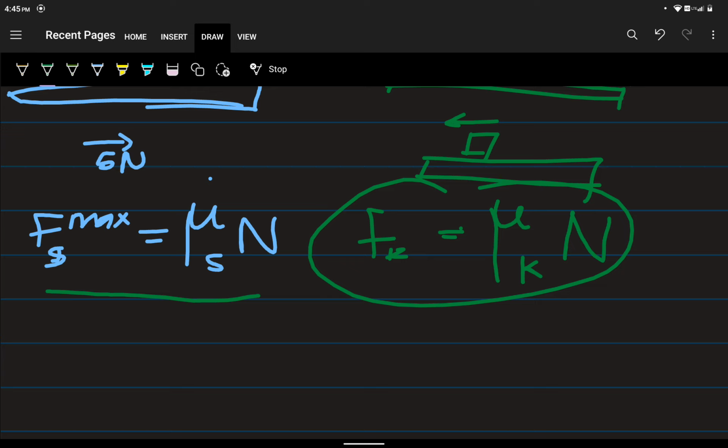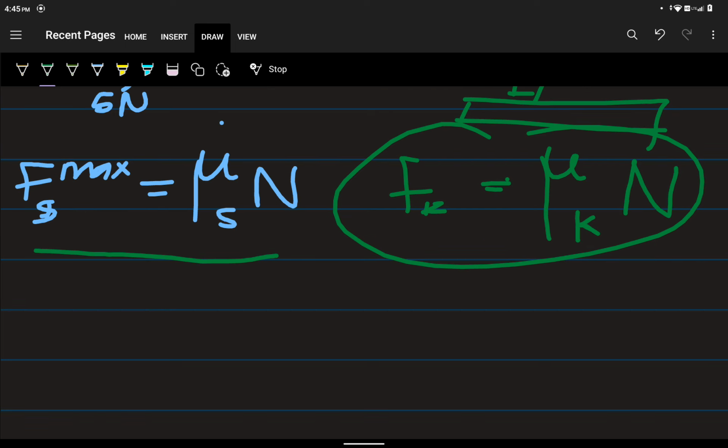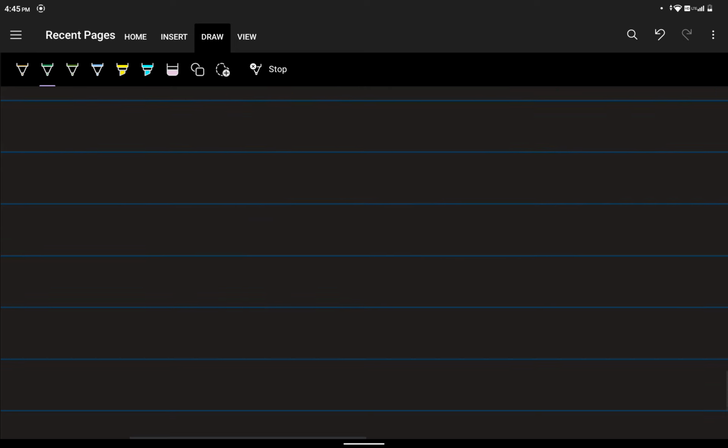Okay, now when you continue reading the exam guidelines, they say, note that if a force F is applied to a body parallel to the surface and does not cause the object to move, then F is equal to the magnitude of the static frictional force. Like I said above, that if,